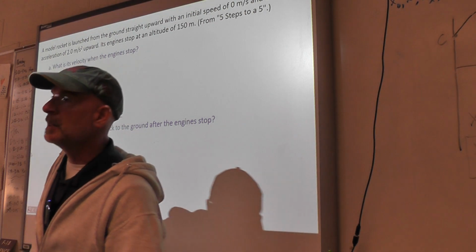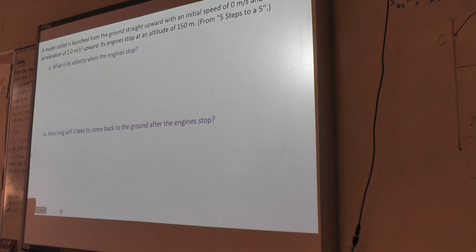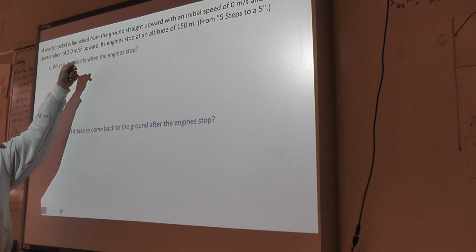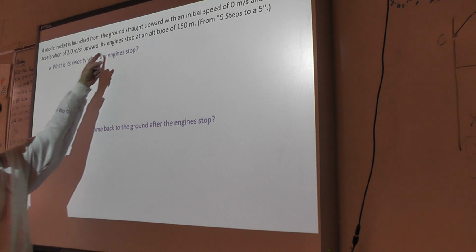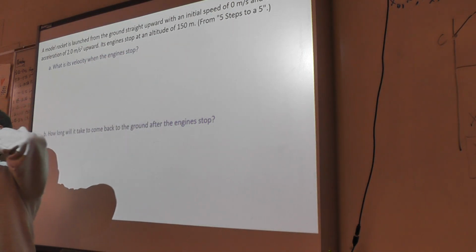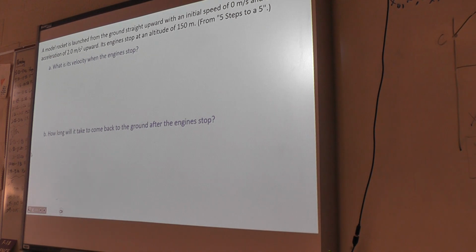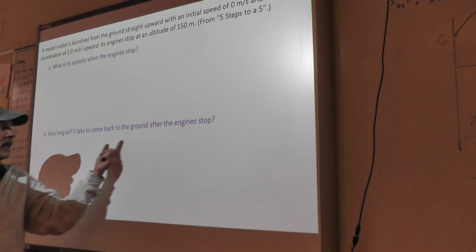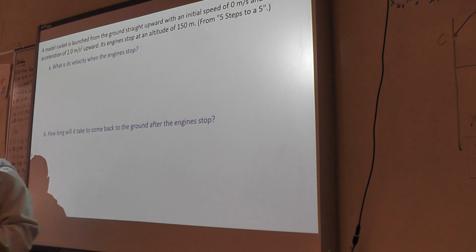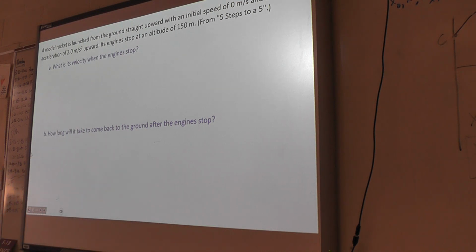Some other things to think about. First, this problem here is asking about a model rocket launched from the ground with an upward acceleration of 2.0 meters per second squared from rest. Its engines turn off at 150 meters. And this I stole from a book called 5 Steps to a 5. And in that book, they only ask this question: how long will it take to come back to the ground after the engine stops? For this example, I broke it into 2 parts for you, because if it is accelerating